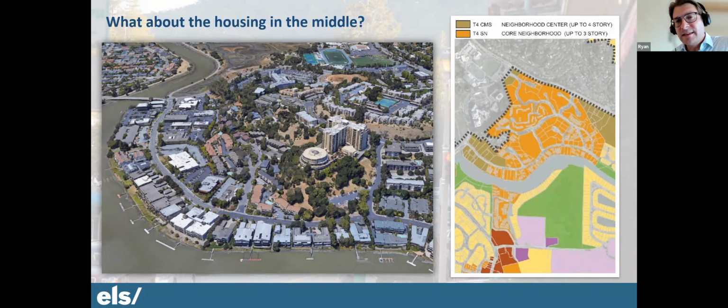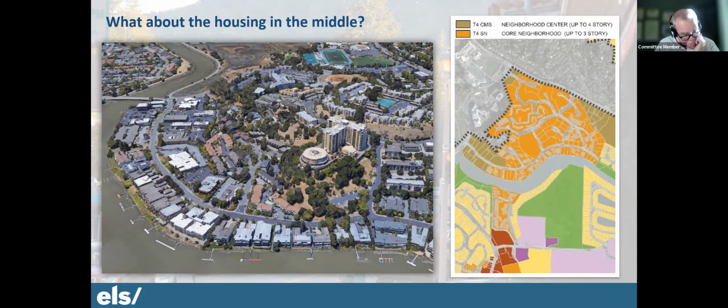And again, at the 3-story height, the most common, most financially feasible product in that range tends to be a for-sale townhome that has parking on the first level and 2 to 3 stories above that. The other 3-story apartment type that you sometimes see is called a garden apartment, where the cars are parked in a parking lot next to a freestanding building on grade. And most of these sites are so small, it'd be very difficult to pull off any meaningful density with that.